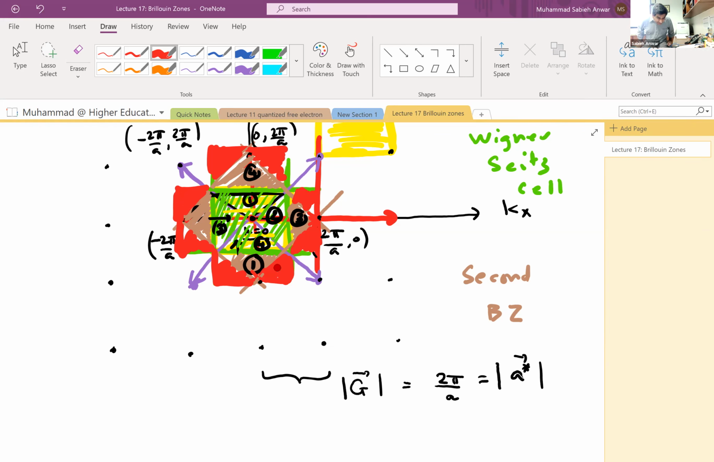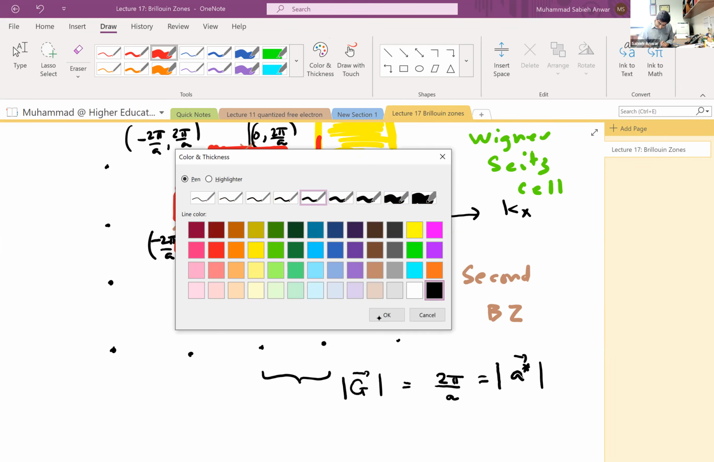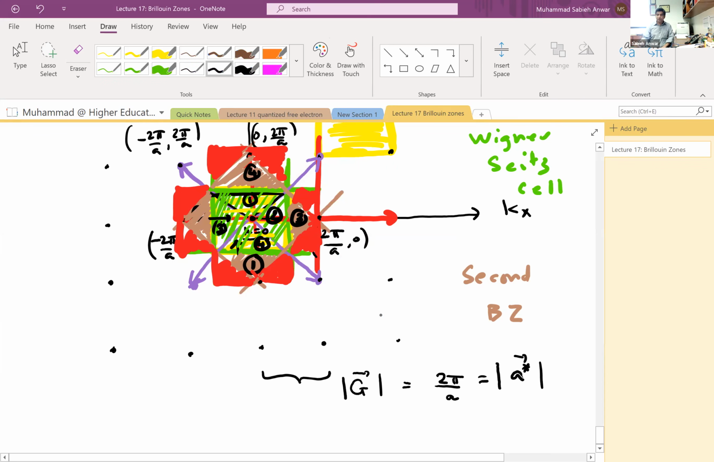And the nice thing is, by the way, this is also related to diffraction. You remember the Bragg condition,